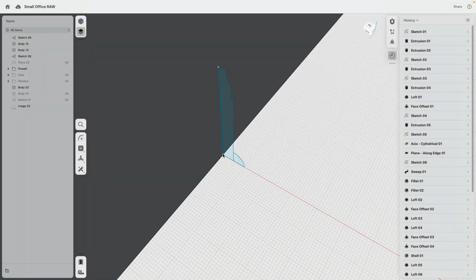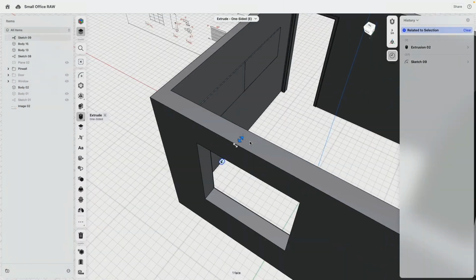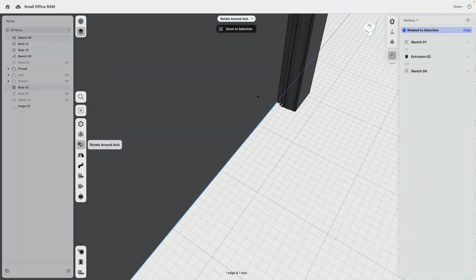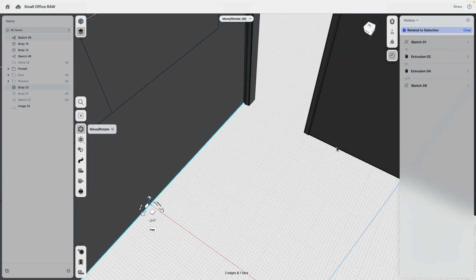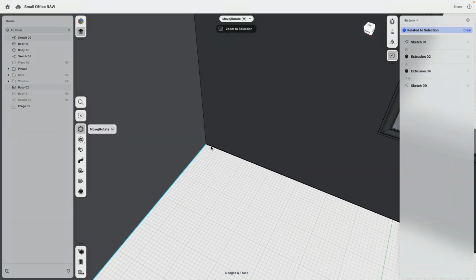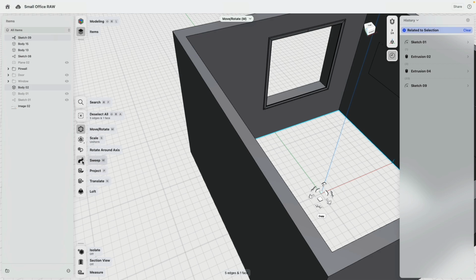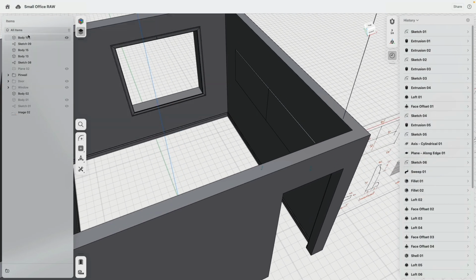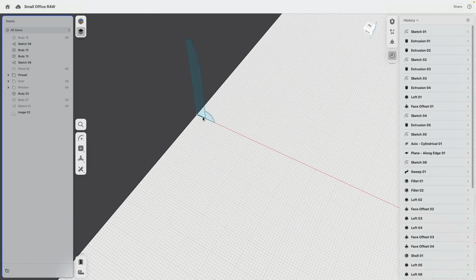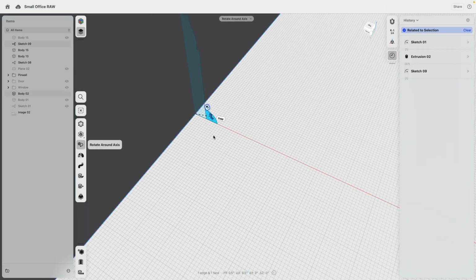And I can select this. I select them individually and then select kind of like this edge and this edge and this edge, and do a sweep. I can hide this one and then select this one there